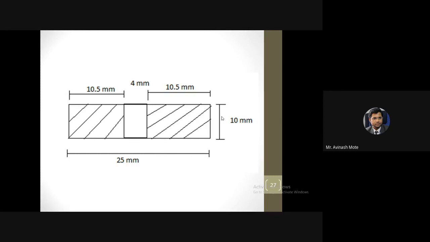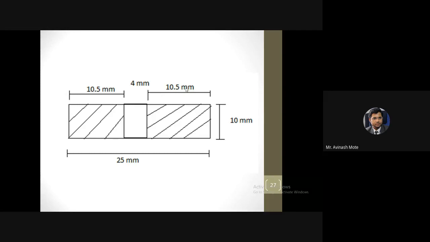Now mostly it is given in the problem. If it is not given, you will have to assume in this way, because see, 10 millimeter thickness is quite good. If you take less than this, it may not handle the load. And if you take more than that, it will cost more, it will incur more material and unnecessarily you will have to invest more.